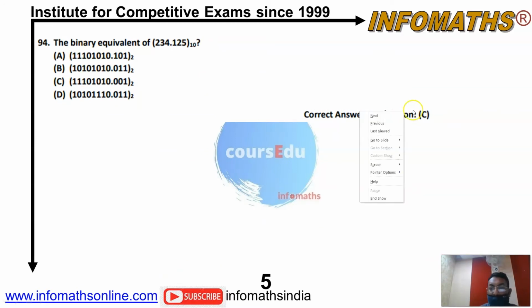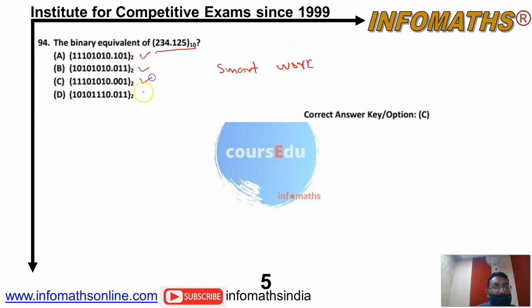Here comes the fourth question, a question of number systems. Although it's a little bit lengthy, in our institute we teach the students about smart work. Not every question should be completed in the normal way, as that will waste your time. So what is the smart work or intelligent work? Instead of solving the whole question properly from the beginning, why not just see the options? After the decimal point, just see all the options: the fractional parts are almost all different. So first we will try this small part, that will take less time, 0.125.